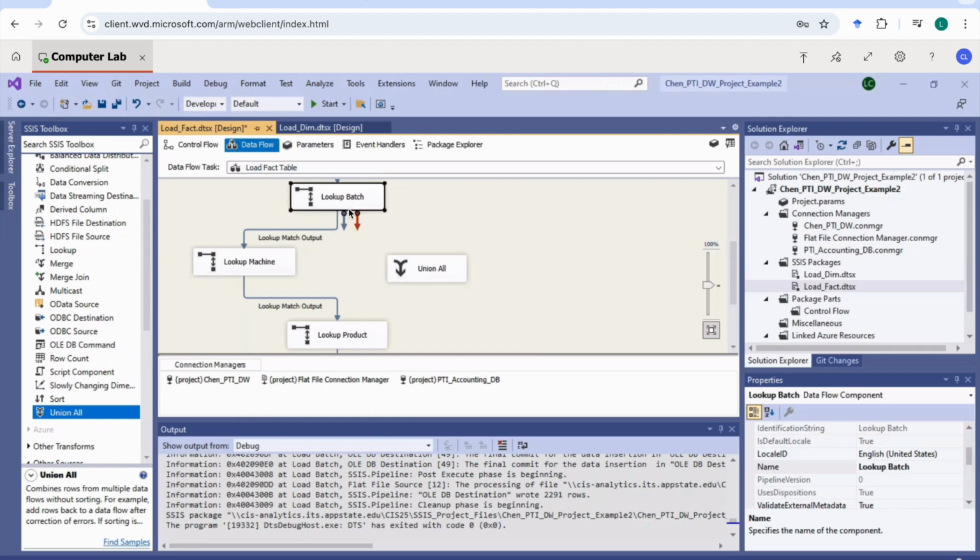And then I need to connect with the lookup badge. The no match output means the format doesn't match the required one. There are some errors here, or some not-fitted data, so we need to put it here. Same thing here, no match goes to the union all, and same here